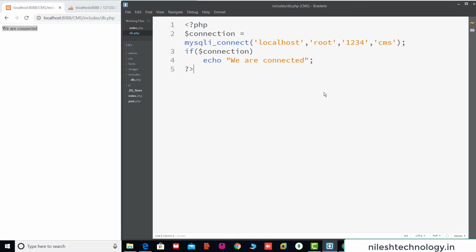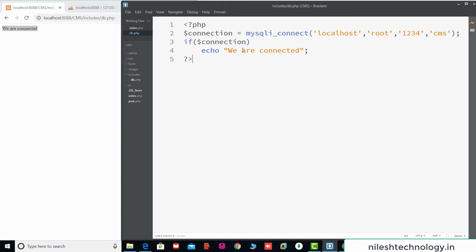Zoom in the font a bit. No problem. There is another way to define this. I am going to create separate variables, store all these values in them, and use these variables in the connection parameters. I always like to be very secure with my data.